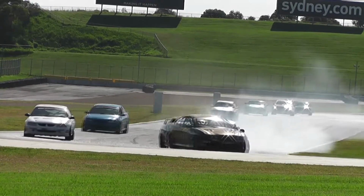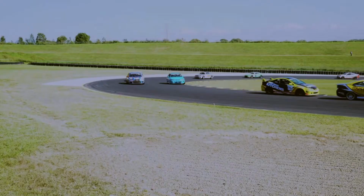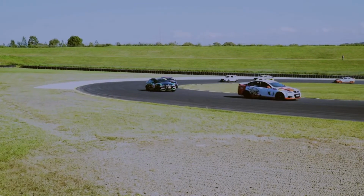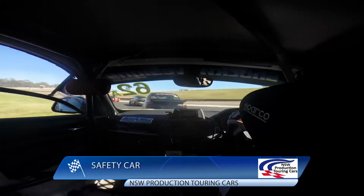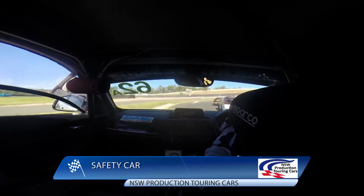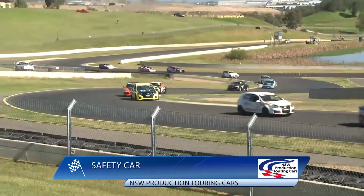And look at Dylan Thomas charging through the field there as well, from the back of the grid up to 10th or 11th at the end of the first lap. The guy is on a mission as they make their way through. Lomax Morsink, safety car deployed now. We're on board with the 62. That's Barry Graham. And there's the field making its way through this